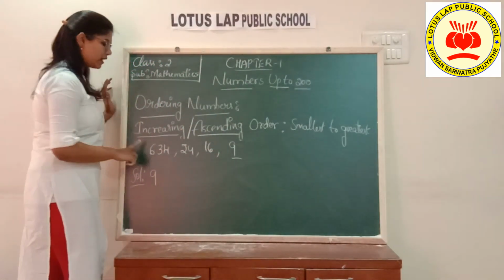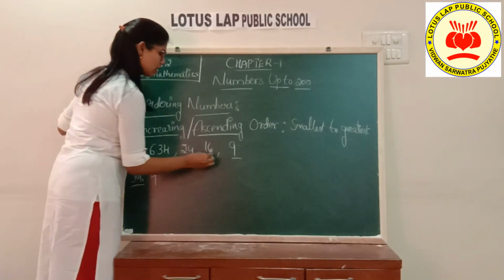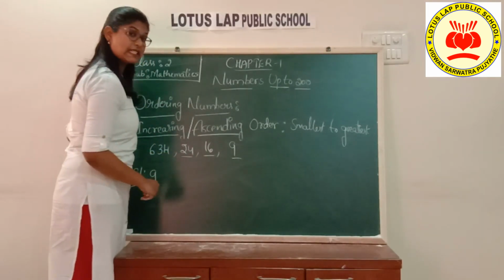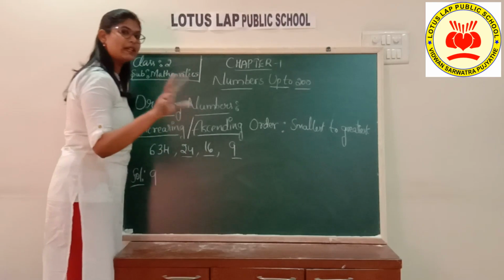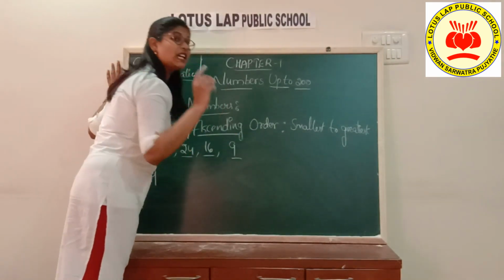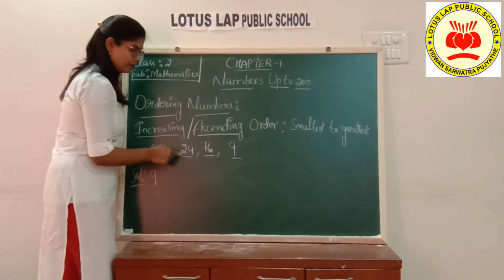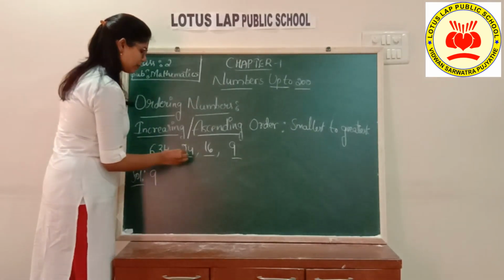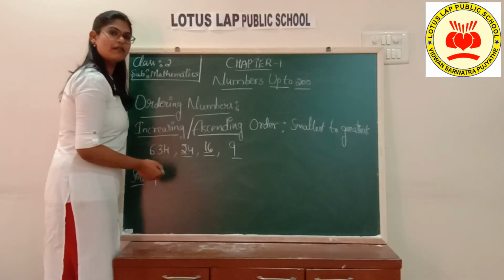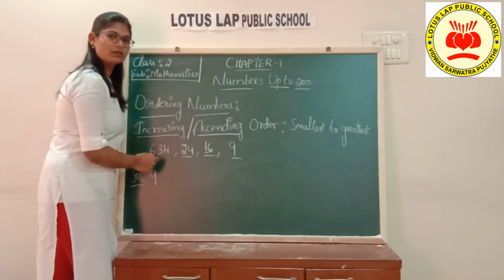Next, check whether you have 2 digits or not. Okay. Yes, we have 2 digit numbers. We have 2 numbers of 2 digits, 24 and 16. I have told you if both numbers have the same number of digits, you have to compare the highest place value of that number. Here, the highest place value of the number is tens. Compare the digits, you have to compare 2 and 1. Which is smallest among these 2? 1.